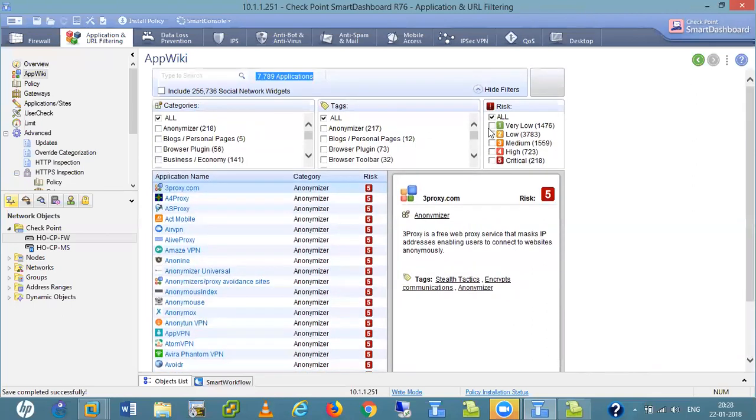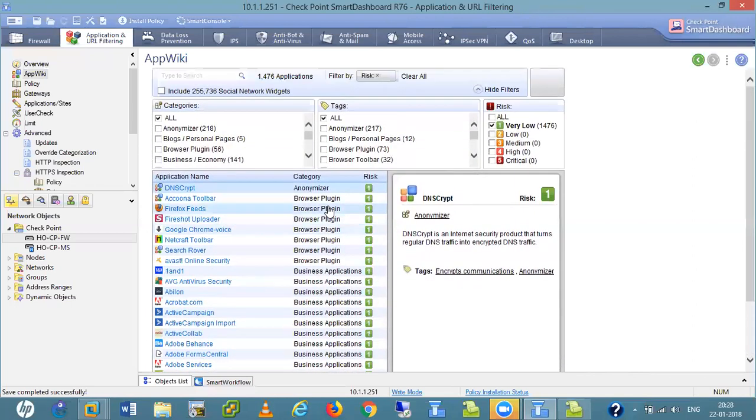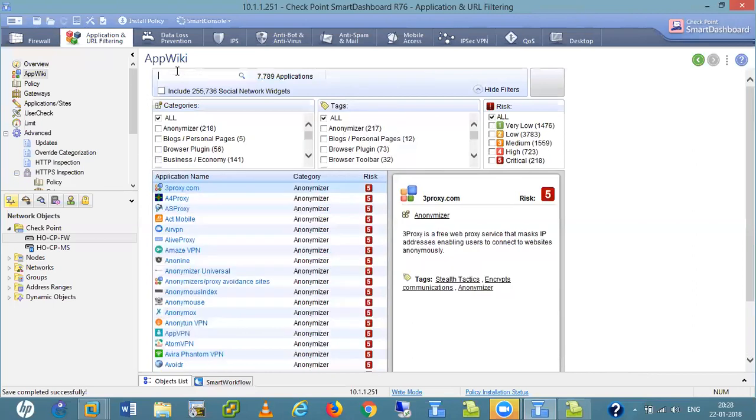We can also, if we want to select risk level 1, then we get the information of risk level 1. So like that we have information there. We can also make a search for the application. Here we search, if we want to see Facebook,